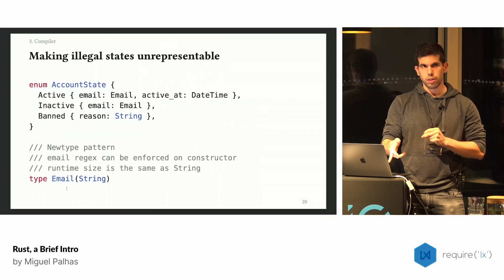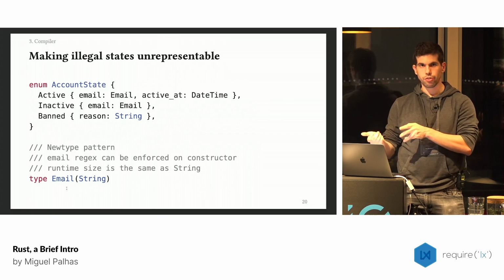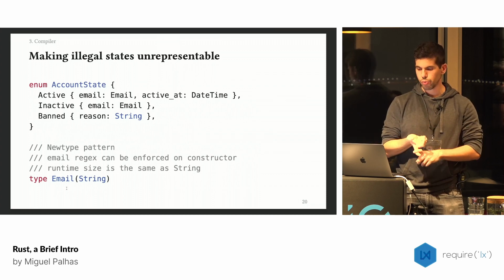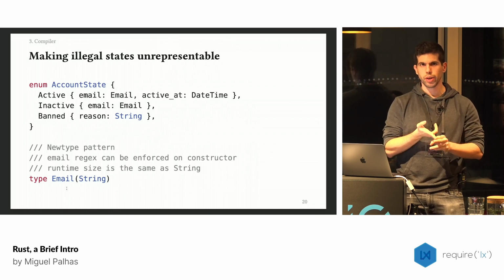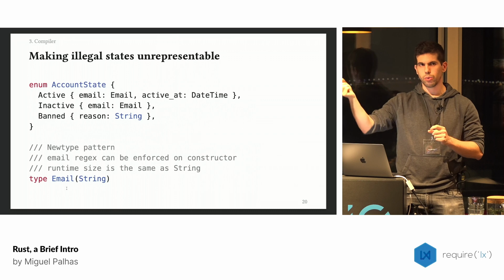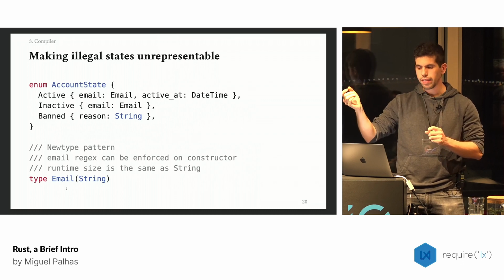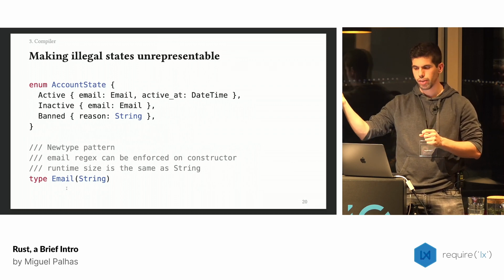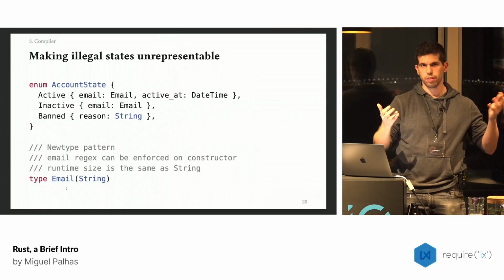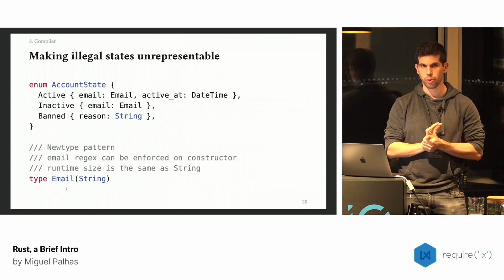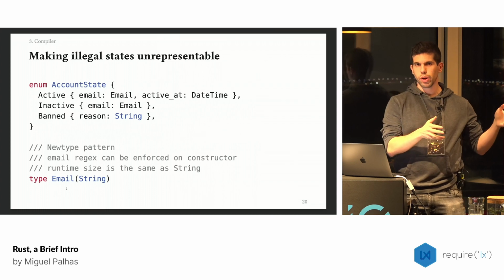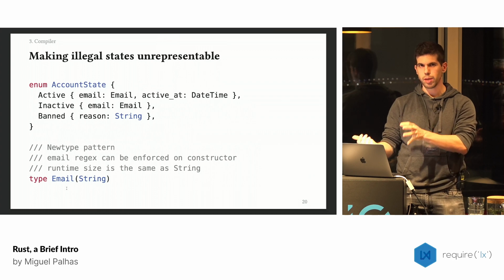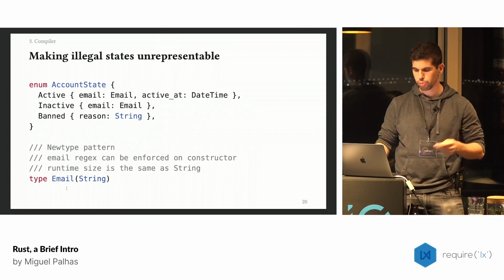But at compile time and while I'm writing the code, I can't just instantiate this type with a string. I can actually enforce how I want this type to be created. So for example, I can enforce that a type email can only be created if I pass an email that's going to go through a regular expression to validate that it's a valid email. And therefore, I'm making it impossible anywhere in my code to instantiate an email and therefore an account state with an email that is invalid from the get-go. So again, of course, that regular expression will still exist at runtime, but all the logic wrapping the email type and the fact that the email is just a wrapper to a string, that will be completely